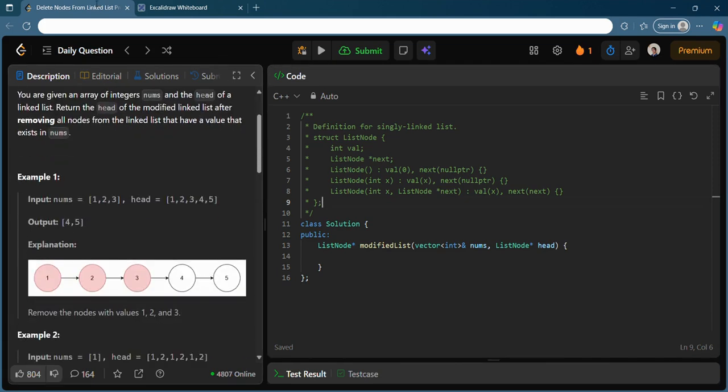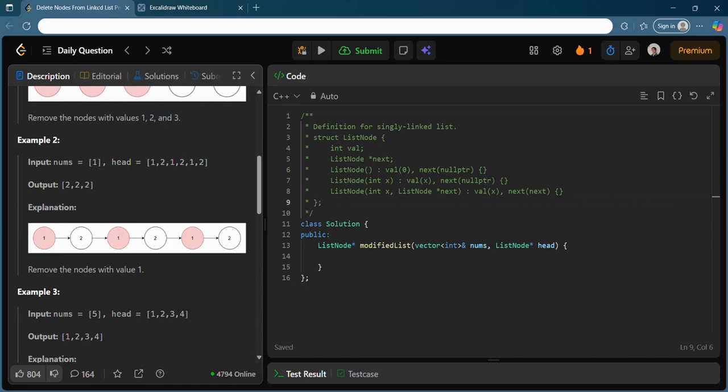You will be given a linked list, a head which will be denoted by head. You will be given the head of the linked list, and it will be in order, and you will be given another vector array. If an element is present in that array, you need to delete those nodes in the linked list. Let's say your linked list consists of 1 2 3 4 and 5. You see that 1, 2 and 3 are values present in the nums, so those value nodes you just need to delete. So your linked list would be reduced and will only contain 4 and 5. You need to return the head of the linked list containing only 4 and 5.